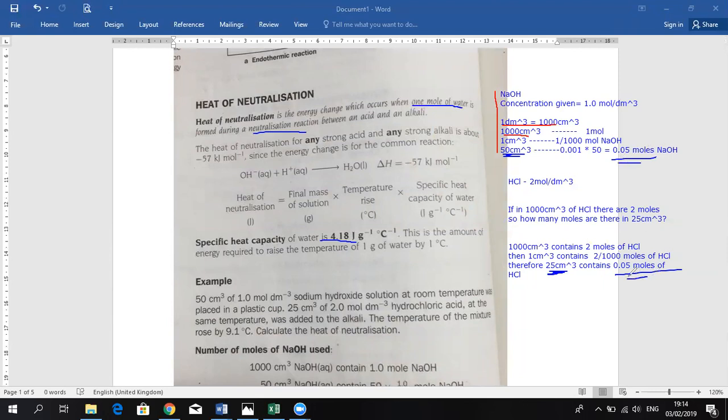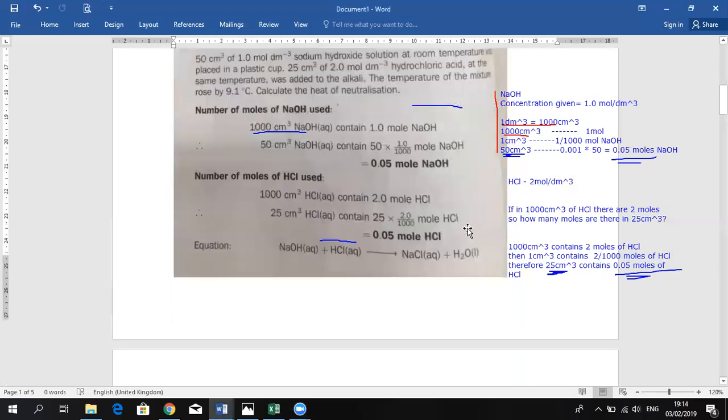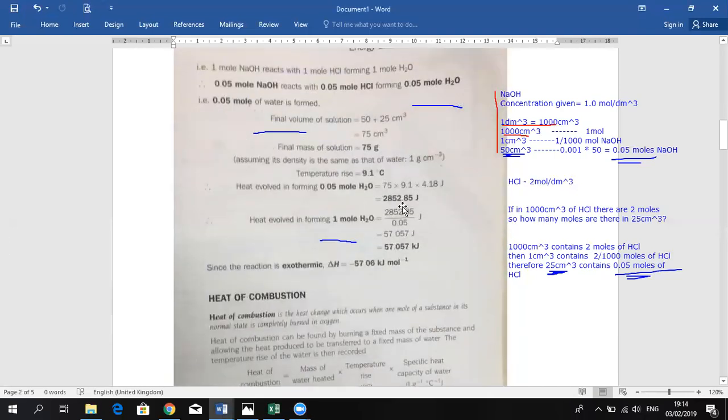You're going to be getting a different amount of moles, and you're going to work out what the heat capacity is, but then you need to find out for 1 mole of water. So this figure that we got here was 0.05 moles of water. To find for 1 mole, we have to divide by 0.05. When I divide by 0.05, I get 57,057 joules, or we could convert it to kilojoules, so it becomes 57.057